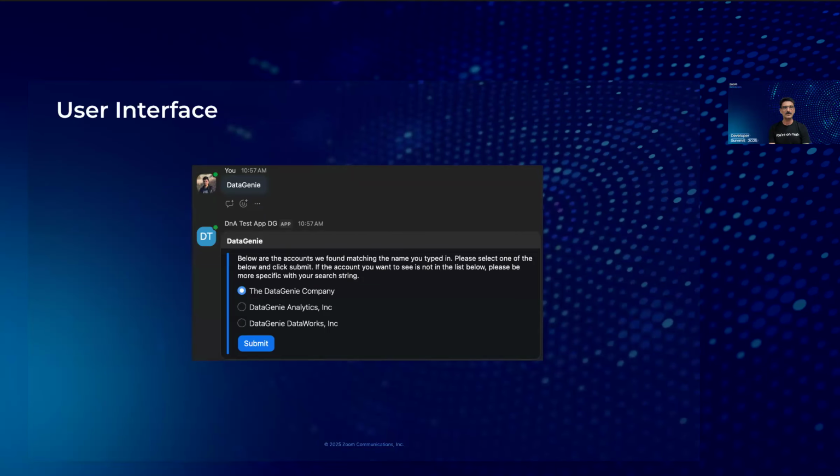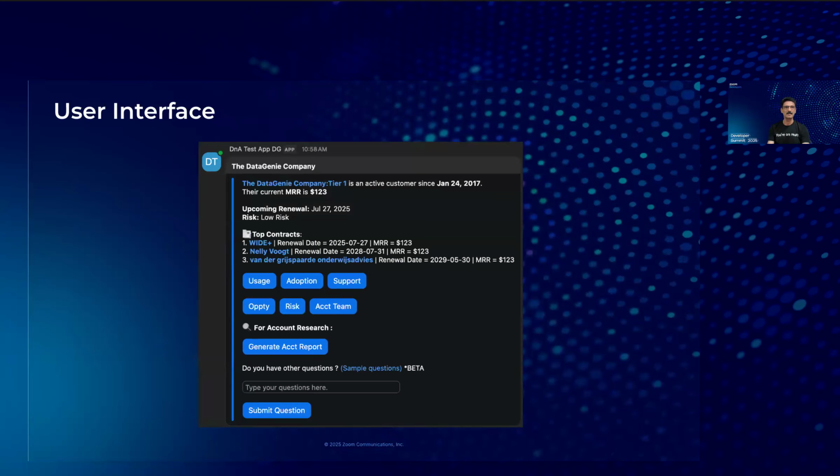I'll quickly give a glimpse into the user interface, and I promise we'll jump directly into the technical soon after. So this is an app which is available internally to Zoom, to our Zoom sellers, where I, as a seller, would go and say, I'm interested in the Data Genie customer because I'm meeting the head of IT, and I want to find out how we are doing with them, when is the renewal, etc. So I just typed Data Genie, that's it. And it came back with a couple of customers whose names match Data Genie. I picked the right one, and